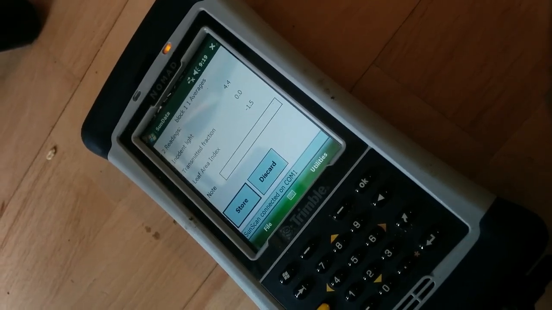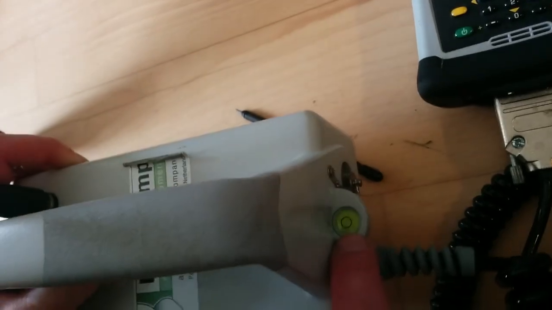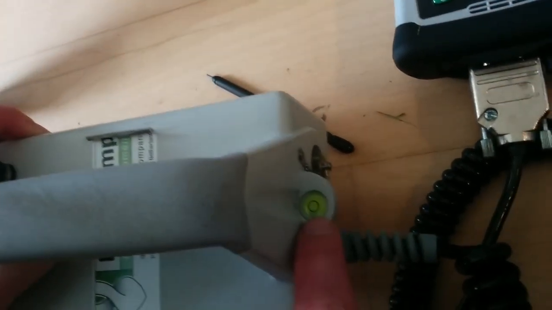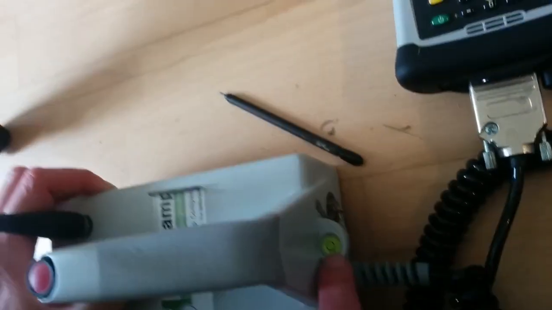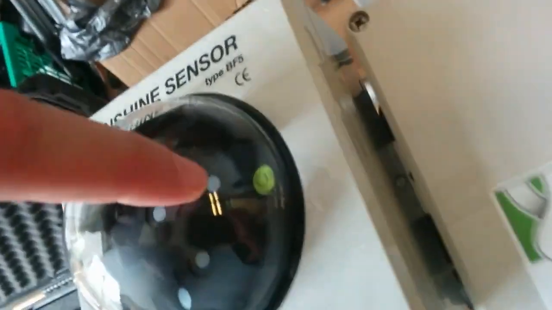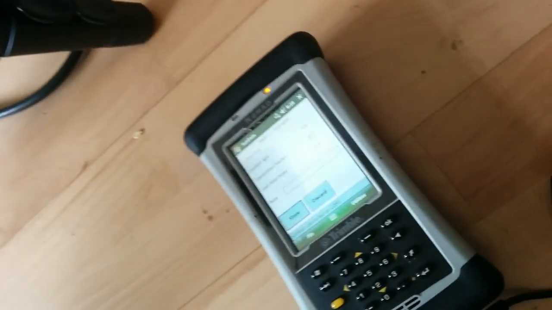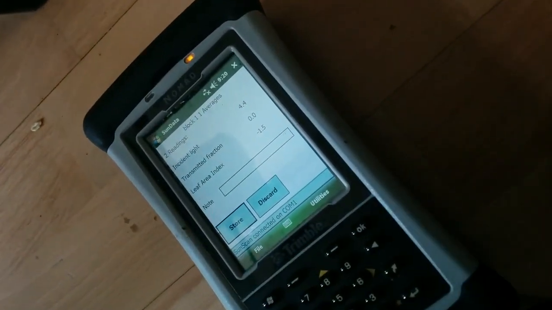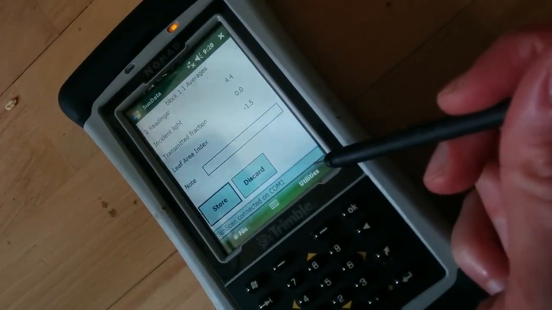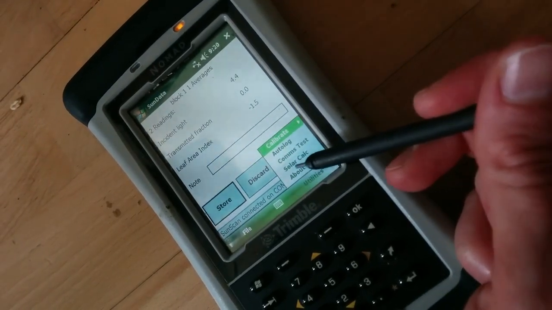Before you do the measurements, make sure that your probe is in the right position here, so it's horizontal, and that also the reference is in the right position. There's also a thing over there, and before you measure, make sure that the sun is at the right angle, that the sun is high in the sky, and you can check that with utilities and solar